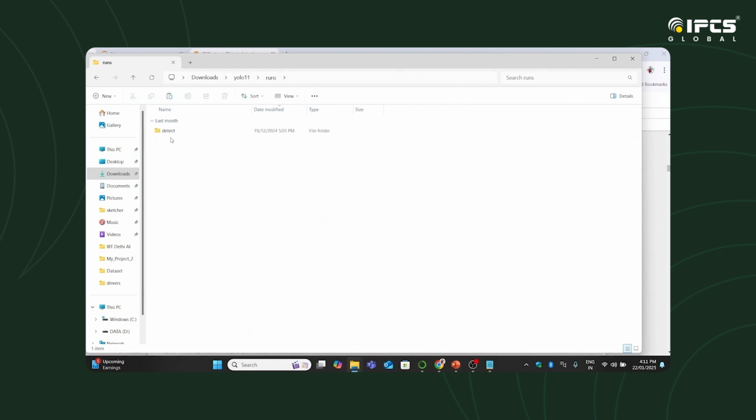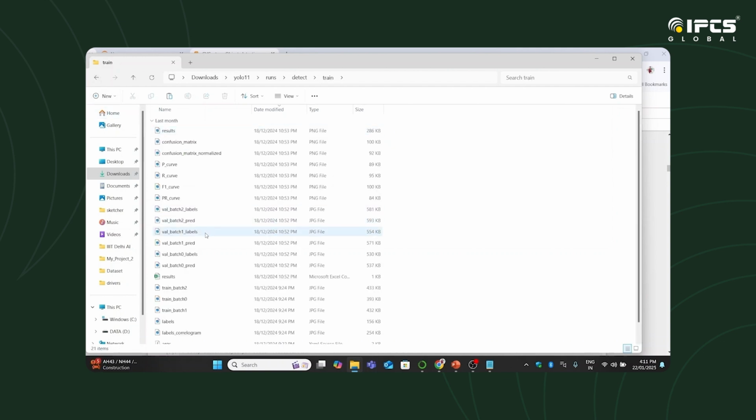Okay, in the runs folder, detect, these are the models that I already ran earlier, predict and predict 2. So the multiple times you run the model, it will save in this folder, in another folder. Okay, in the train itself. See,